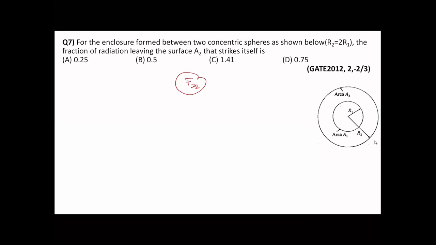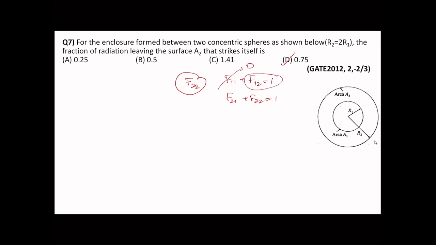Okay, I can see option D or 0.75 being spammed in the chat. Yes, you are right, all of you. It's 0.75. Let's quickly go over the solution. You have to use two concepts over here again, the reciprocity rule and the additivity rule. So first thing first, you must know F11 plus F12 has to be 1, F21 plus F22 has to be equal to 1. You can easily say that F11 is going to be 0 and F12 will be 1.